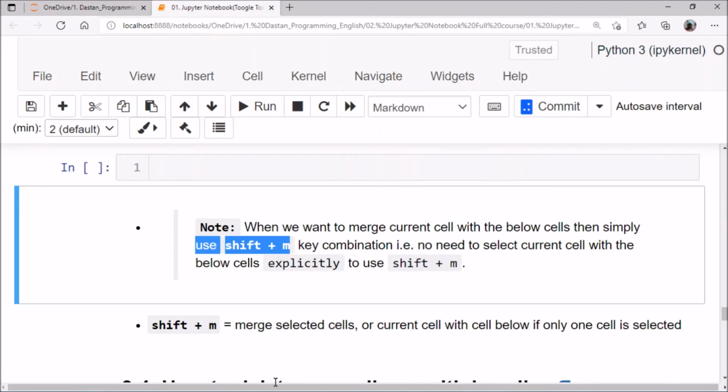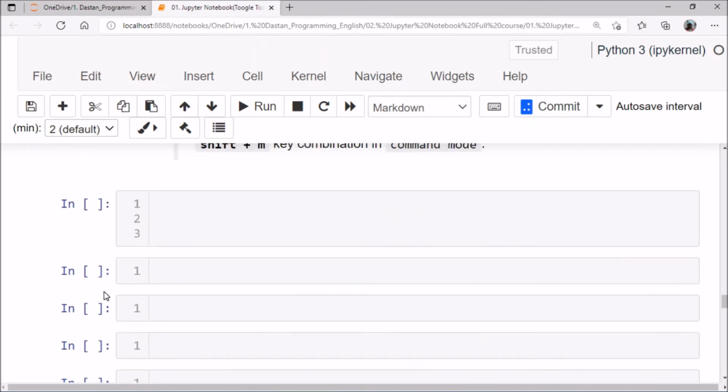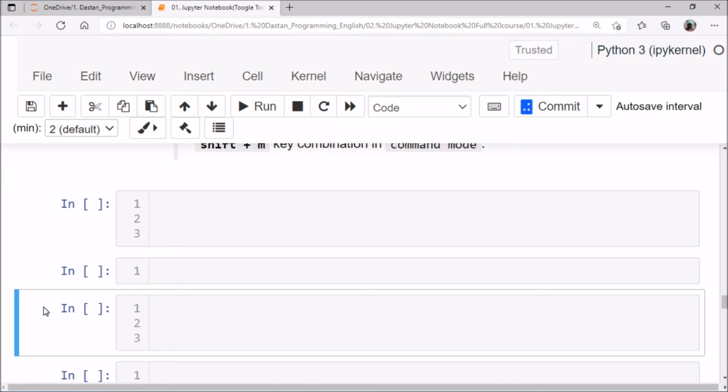No need to select the current cell with the cell below explicitly to use Shift plus M. If we want to merge from the current cell to the cell below, then simply we can use Shift plus M. Okay, it is going to merge.